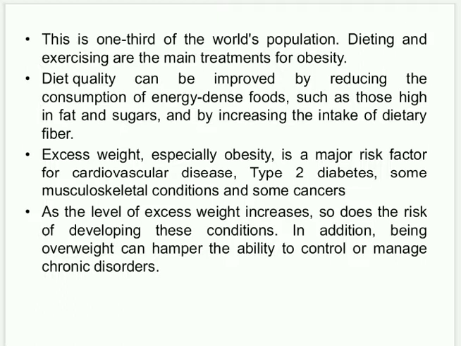Dietary fiber intake is also helpful to reduce the body mass index or the body weight. One more thing, exercising is the main treatment, and proper dieting is one more treatment against obesity. So these are the various diseases and disorders